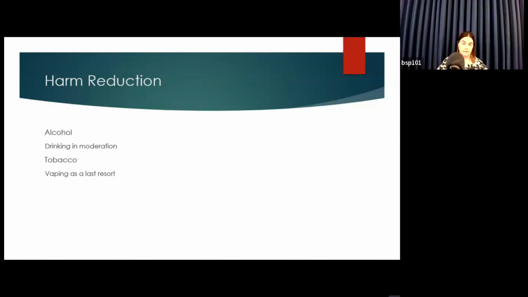For tobacco, vaping is considered a harm reduction strategy. But it has not borne out in the data. It does not help people get off of nicotine. People just switch to vaping and they don't end up stopping. Actually, vaping is starting a lot of younger people into nicotine use, getting them hooked, and then they switch to tobacco eventually. If the patient, if that's the only way they want to try to get off of cigarettes, fine. We can work with that, but it's not something we should be recommending as a step towards coming off of nicotine products.